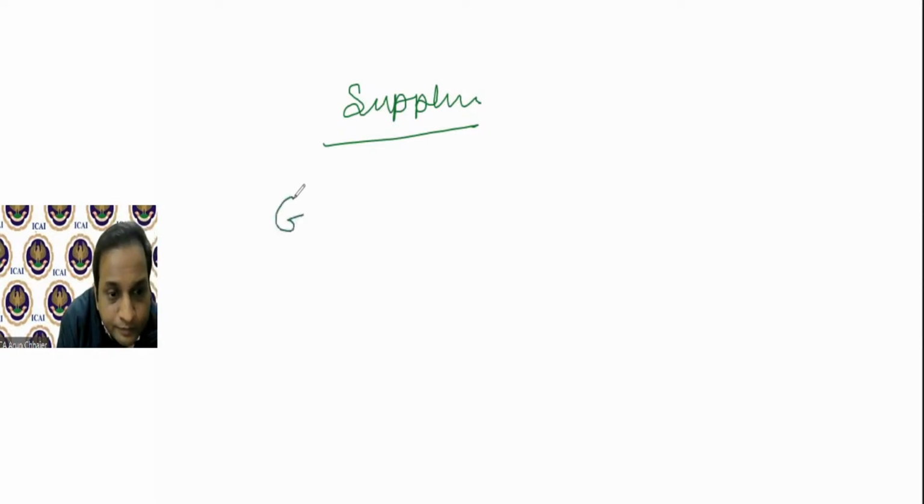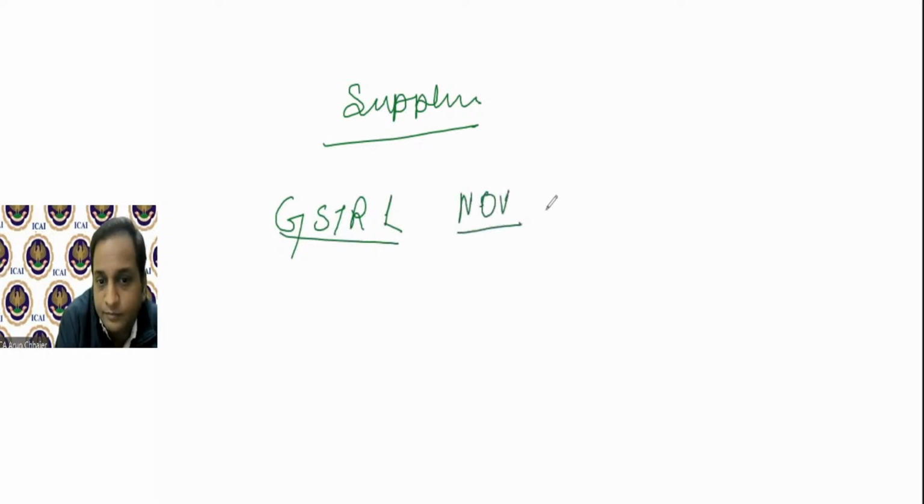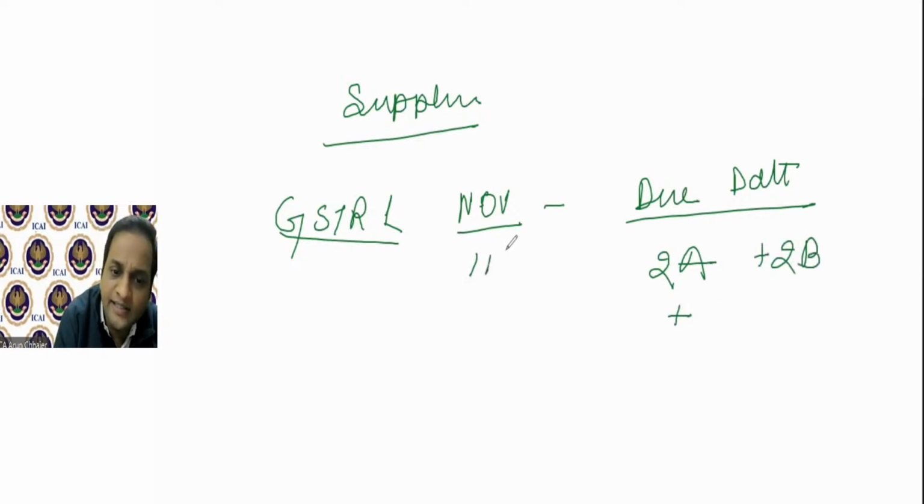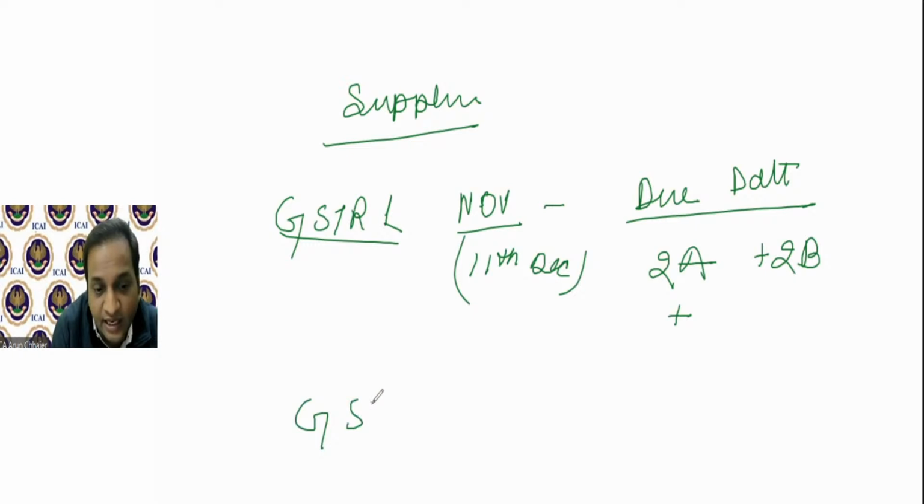अगर supplier ने GSTR1 late से अक्टूबर का या नवंबर का due date में file कर दिया, I am assuming monthly GSTR1 है, तो ये जो transaction है 2A में भी आएगा और 2B में भी आएगा। Due date is 11 दिसंबर। अब एक बार assume करते हैं GSTR1 नवंबर month का, late से it is being furnished on 15 दिसंबर।